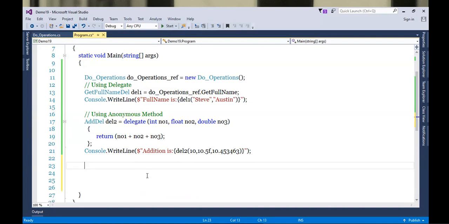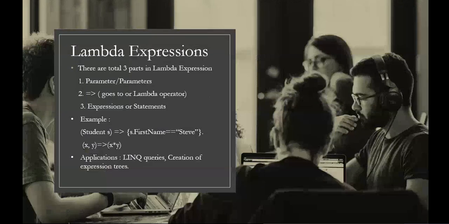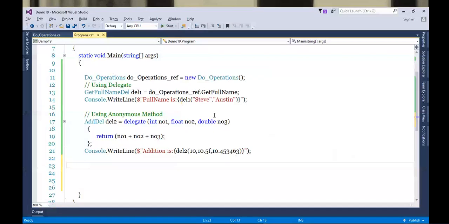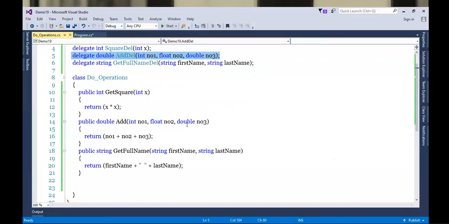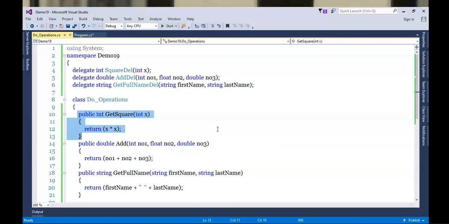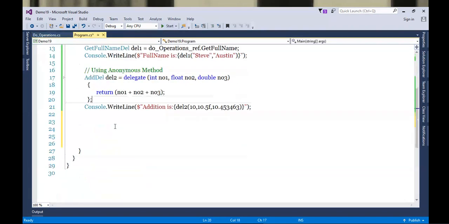Okay, and the third option we discussed is lambda expression. Now what lambda expression is suggesting, as I told you already, in the syntax you will be specifying these three things. What are those? First, you will specify parameters, then you will specify the goes to operator, and then your actual logic will come, like the examples shown here. Okay, so let's go ahead and take this get square method for lambda expression. We prepared square delegate for this. Let's use square delegate